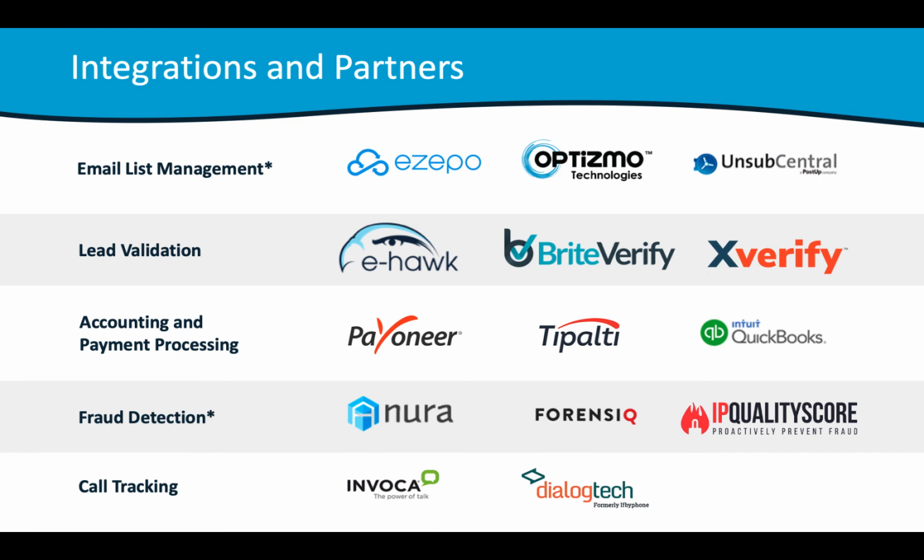From a call tracking perspective, there are two primary partners that we deal with, Invoca and Dialogue Tech. This is where you want to be able to set up a conversion workflow through a phone call. And so you can actually have a phone number being distributed to your affiliate partners as a creative, in which case end users are calling that phone number, they're performing some kind of action on the phone call,